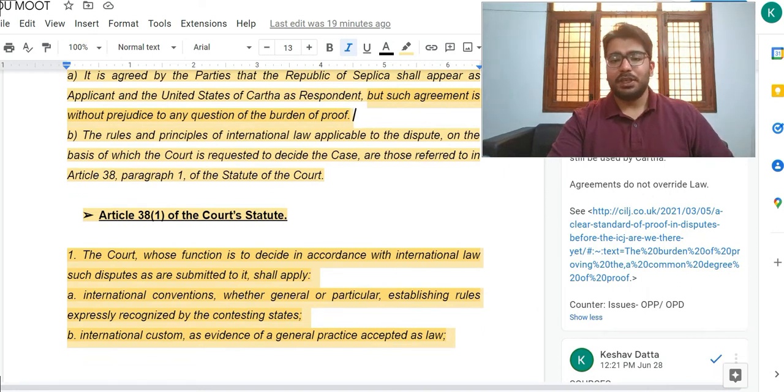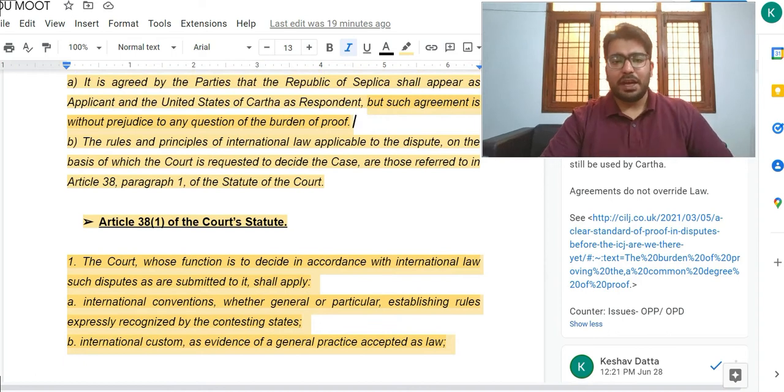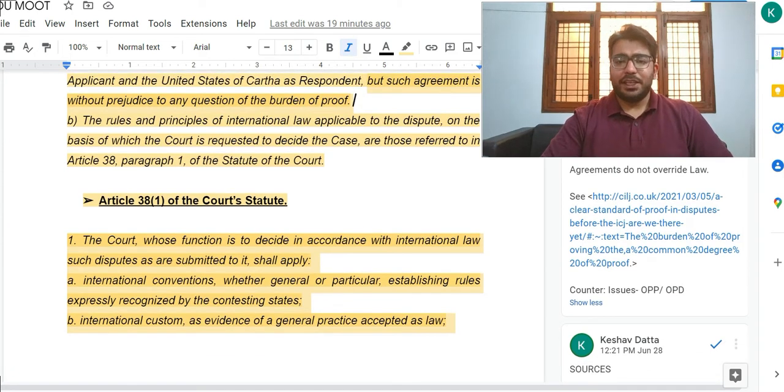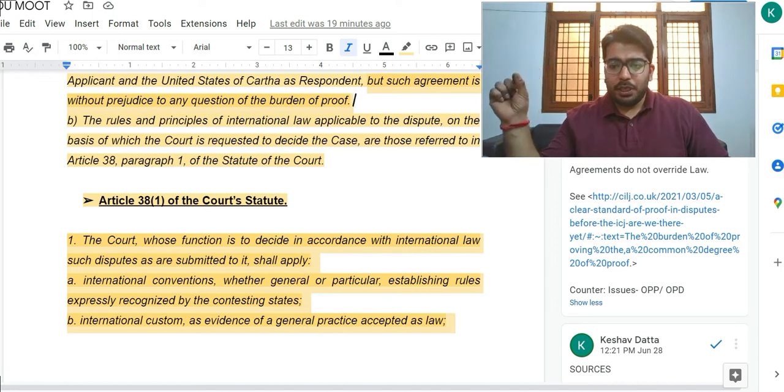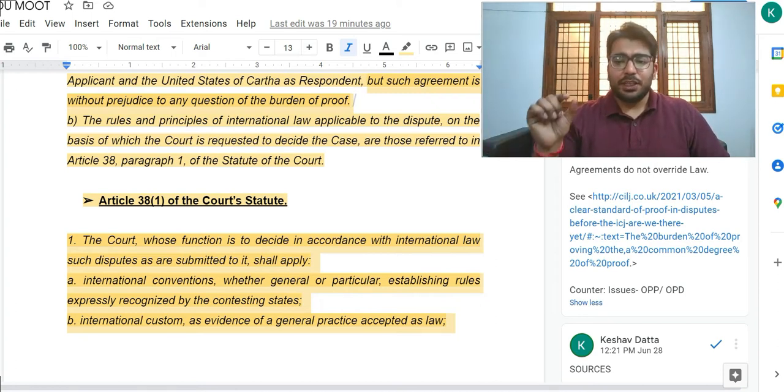So a simple counter is that you can draw a parallel from what the Indian courts follow. I'll just give you an example of framing of issues in Indian courts. Even if there are applicant and respondent, whenever issues are framed in any civil matter, let's say in India, above each issue either OPP or OPD is written. OPP means that the onus of proof is on plaintiff. OPD means that the onus of proof is on defendant. So if somebody is saying that, okay, since I am the respondent, therefore burden of proof is not on me.